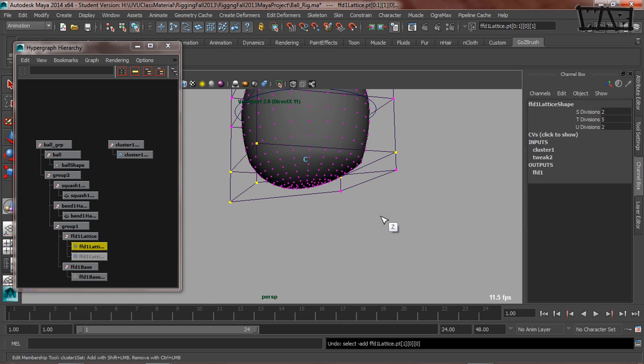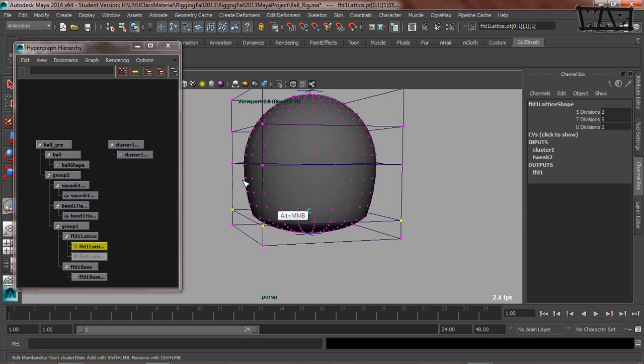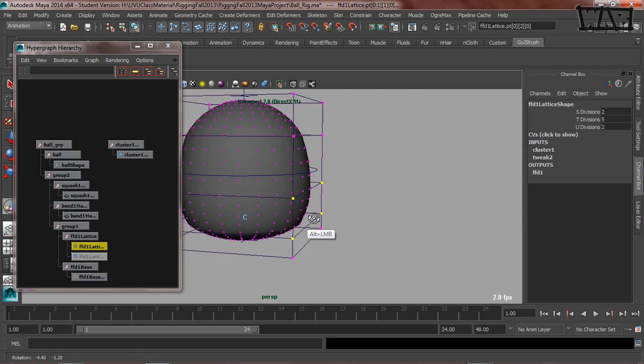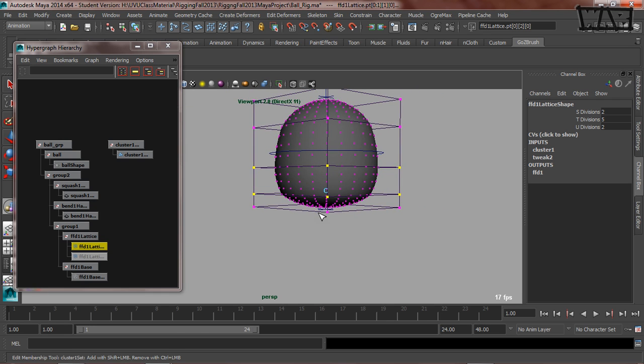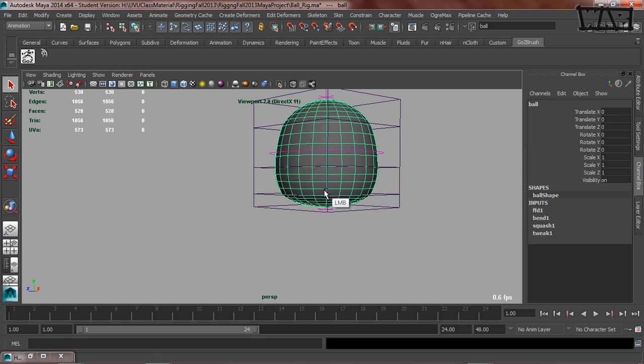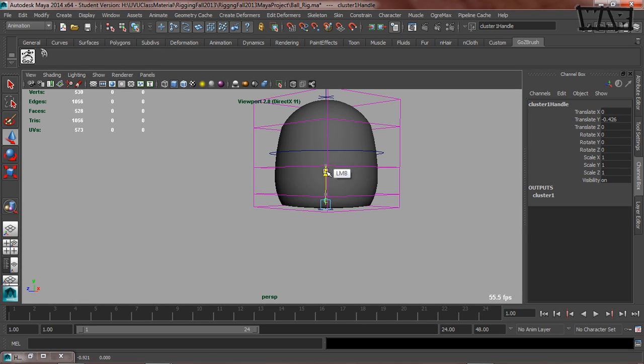Okay, so I'm going to undo that. I kind of don't want to control these bottom ones, but I would like to control these here, the ones that are halfway up. And so what I can do now is something kind of fun. If I grab this cluster and move it down,